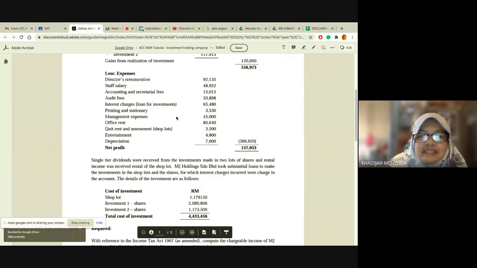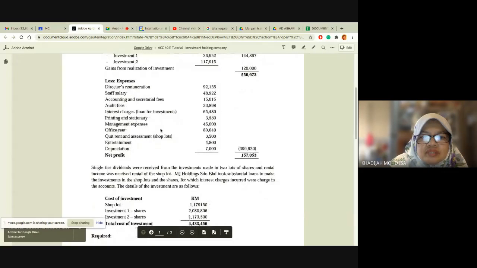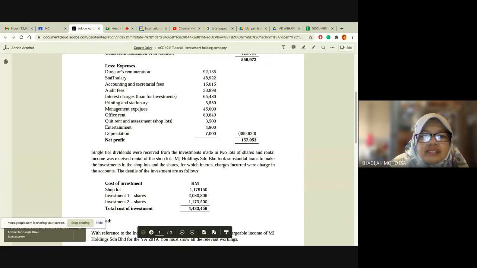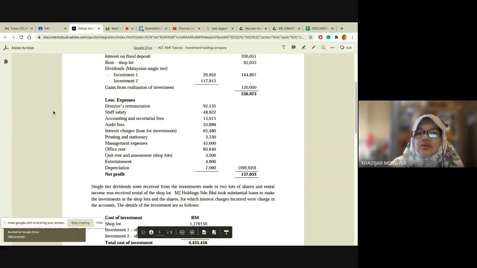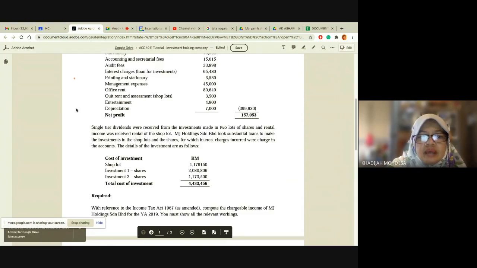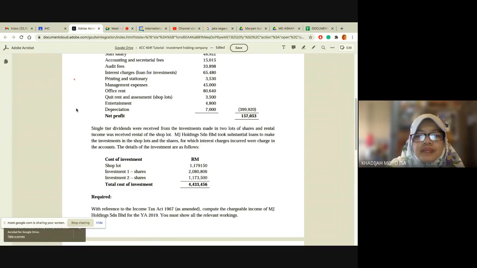And then you have expenses: directors' remuneration, staff salary, accounting and secretarial fees, audit fees, interest charges on loan for investment. So what is your investment? Later information will be provided. Printing and stationery, management expenses, office rental, quit rent and assessment for the shop lots, entertainment, depreciation, and net profit of 157,053. So from here, you have to decide which one is the direct expenses and which one is the permitted expenses. And then you have single tier dividend received from the investment made in 2 lots of shares,